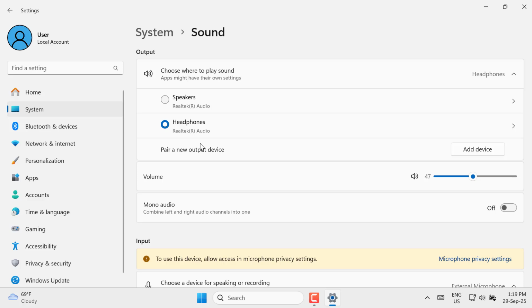Then scroll down until you find the Mono Audio option. This setting ensures that all audio channels are combined into a single channel. Finally, toggle the Mono Audio switch to the on position. Once enabled, your system will output the same audio to both the left and right speakers or headphones, providing a